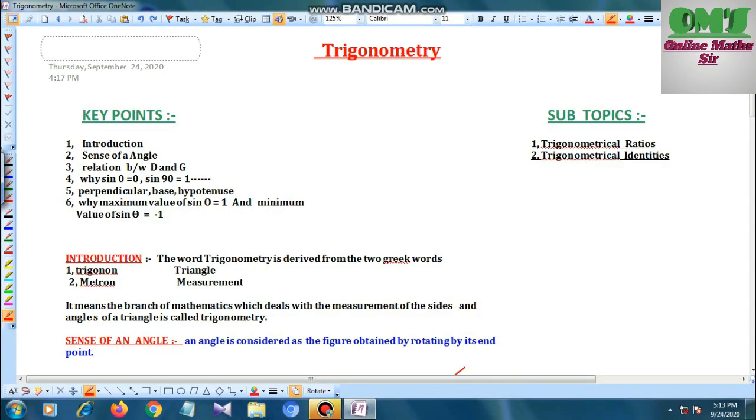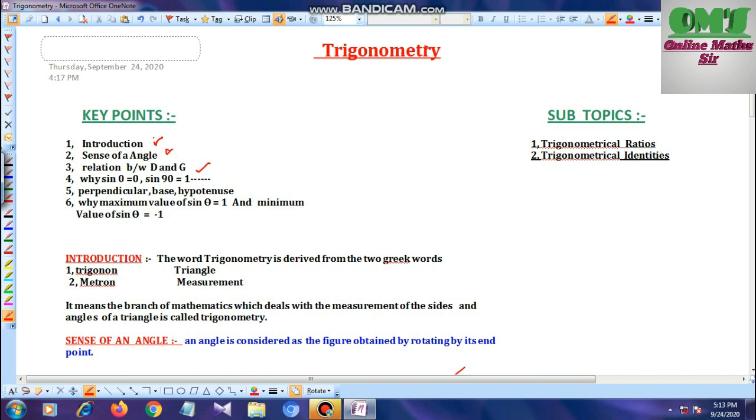Hello students, our today's topic is trigonometry. Some key points are introduction, sense of angles which are required for the understanding of trigonometry, and third is relation between degrees and grades, and fourth